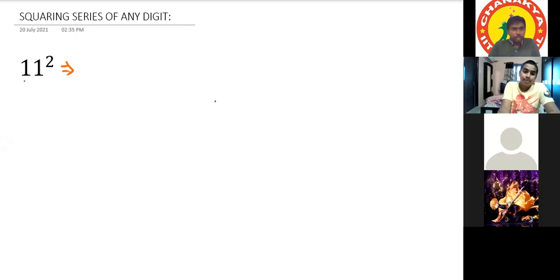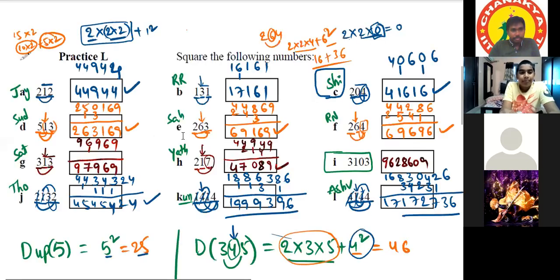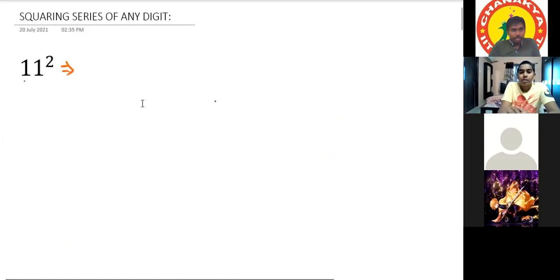Okay, duplex is clear now. Squaring using duplex is clear, correct? Yes, sir. Okay, now we are moving on to another type. Division, sir? No, squares are not completed. There are some more special squaring techniques. We'll see that, and then we'll start square roots. After square roots, we'll start divisions.